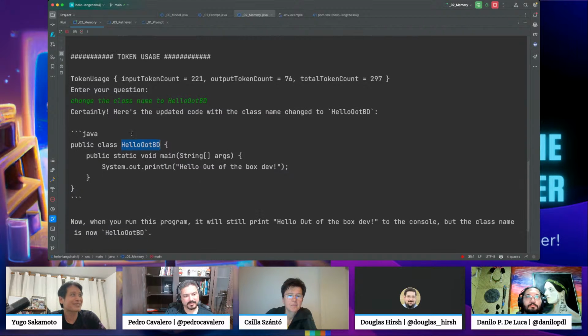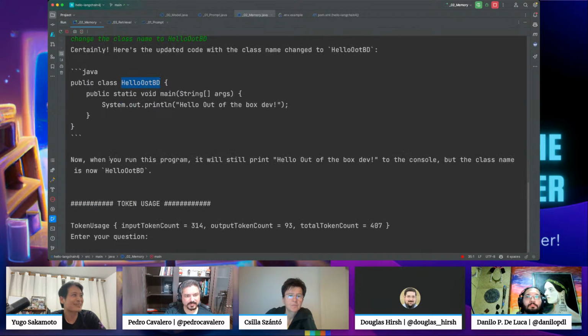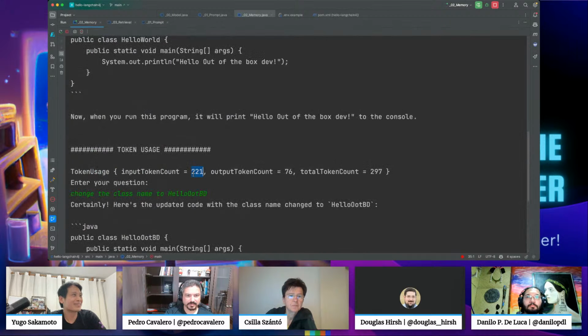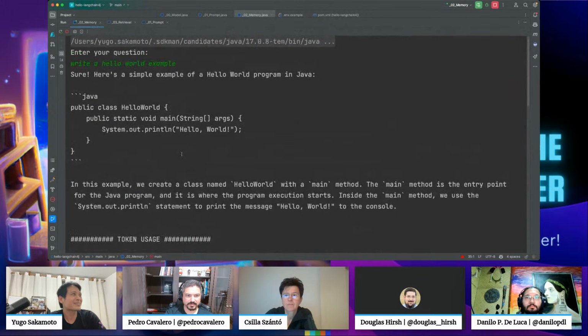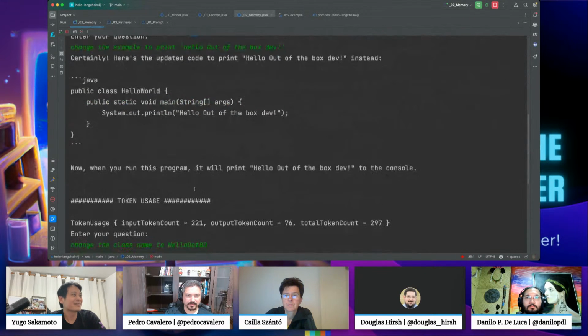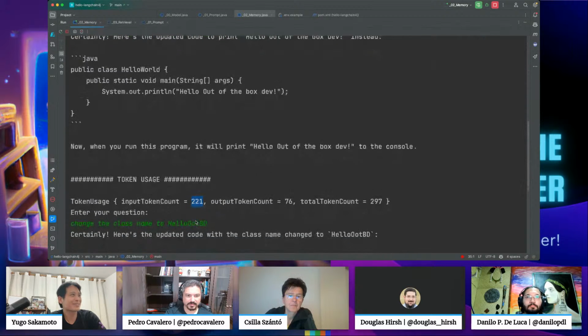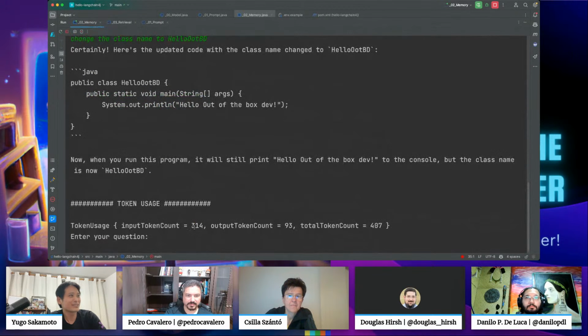But if you see the number of tokens that I'm sending, you can see that it's increasing a lot here, right? It started with 81 tokens and then became 221 tokens and then became 314 tokens.